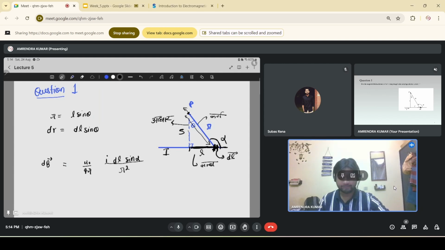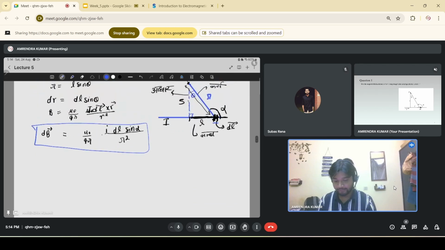चूंकि हमारे पास जो बायो सावर्ट लॉ होता है वो ये बताता है कि किसी लाइन एलिमेंट या किसी करंट ट्यूब से जो फील्ड होता है वो होता है म्यू जीरो फोर पाई आई डी एल आर क्रॉस ओवर आर स्क्वायर। हमने देखा कि स्मॉल एलिमेंट डी एल की वजह से हमने अपना मैग्नेटिक फील्ड लिख लिया। अब हमें पता करना है कि टोटल मैग्नेटिक फील्ड इस पूरे वायर की वजह से कितना होगा। तो उसके लिए हम इंटीग्रेशन करेंगे, तो बी हमारे पास हो जाएगा म्यू जीरो फोर पाई, आई बाहर आ जाएगा, डी एल साइन अल्फा ओवर आर स्क्वायर।